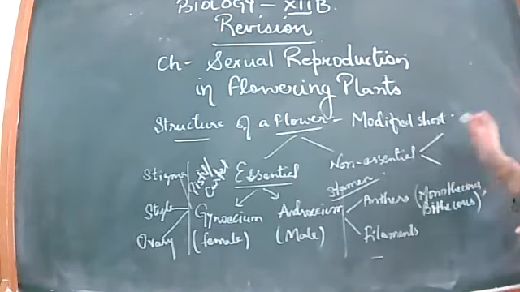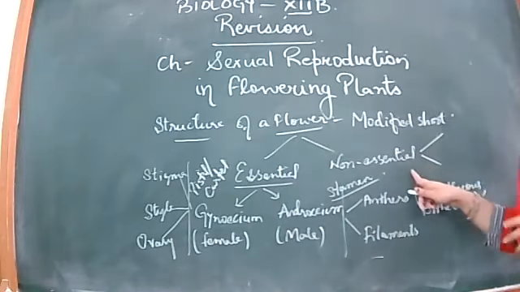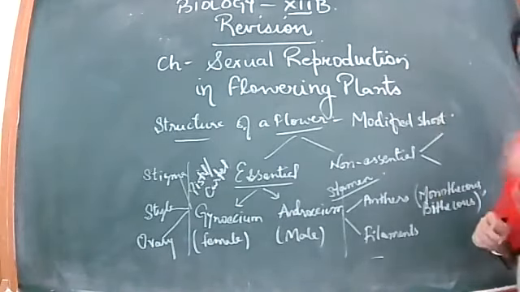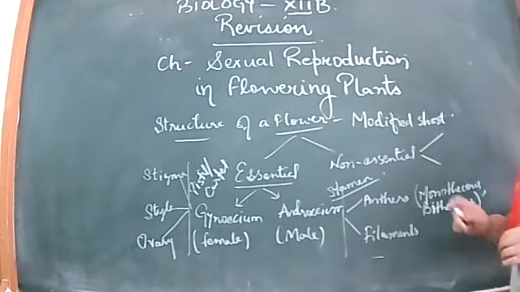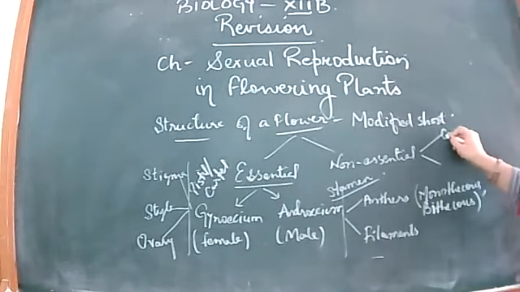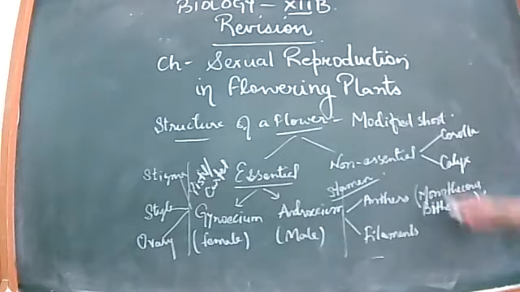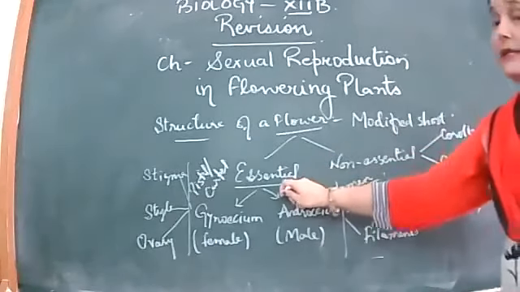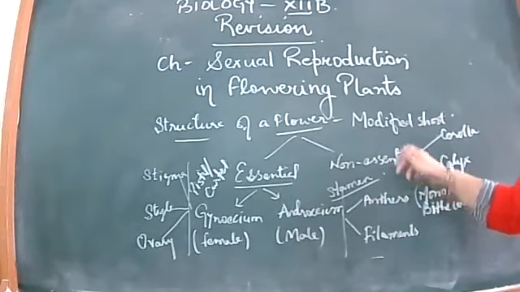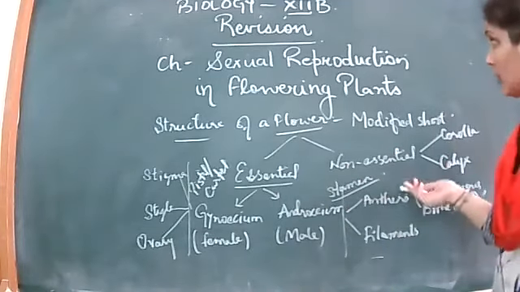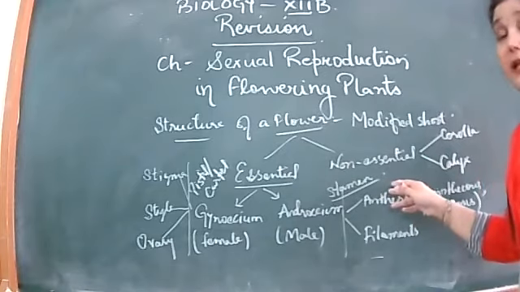So coming to the non-essential whorls, which are not directly but indirectly involved in reproduction. मतलब indirectly ही सही involved हैं reproduction act में, and those are the whorls of corolla and calyx. The corolla whorl comprises petals. The calyx whorl comprises sepals. So corolla and calyx are present as non-essential whorls. What is their role in reproduction? I said the essential parts are directly involved in reproduction, these are not. But these are indirectly involved. ऐसा नहीं है कि involved ही नहीं है reproduction में. These are involved, but indirectly.